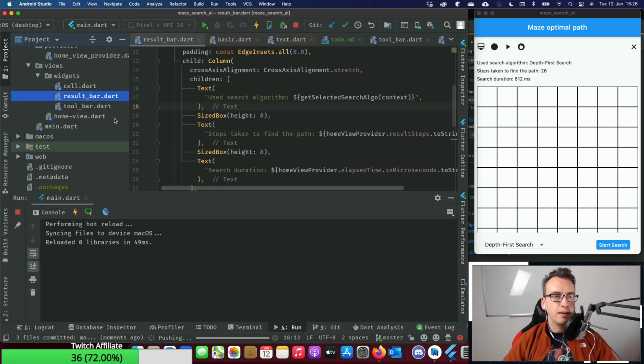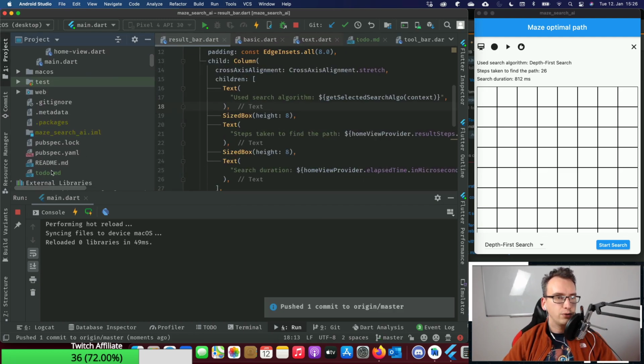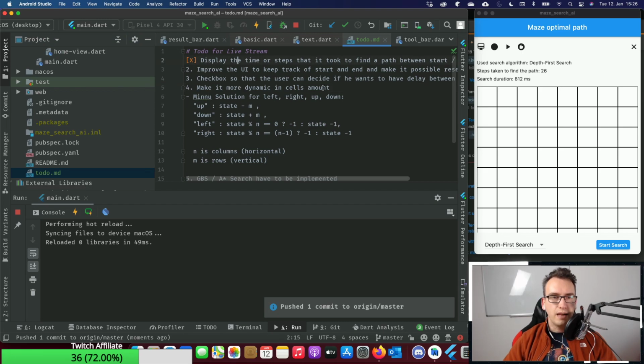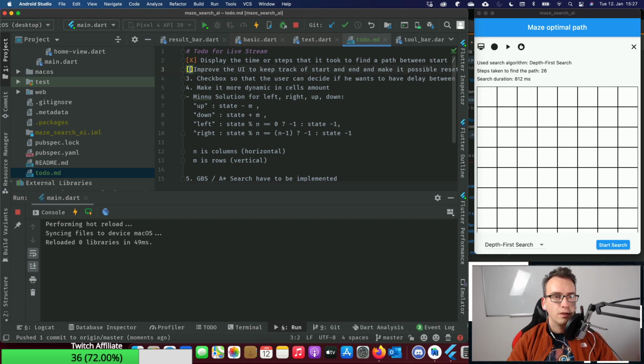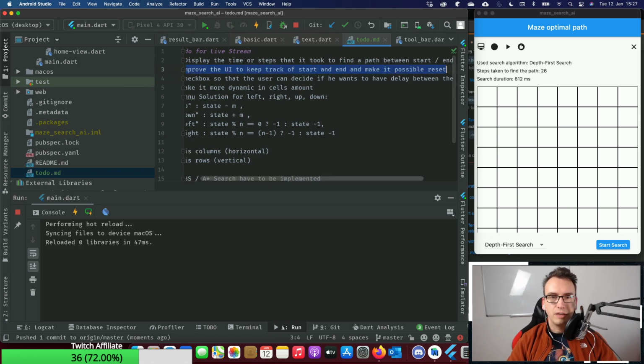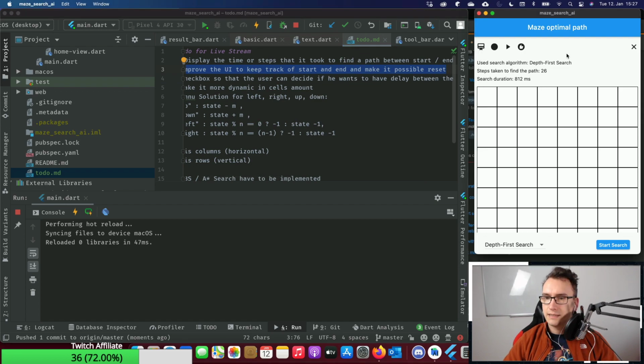Okay, next step. Let's see our to-do list. I think now we have that with the time and steps. I think with that we are pretty happy, I guess. So I'm convinced that we can make a cross in front of it. So now the next step that I really don't like, that we really should do, is if I have a start point and an end point and I click on the reset button,